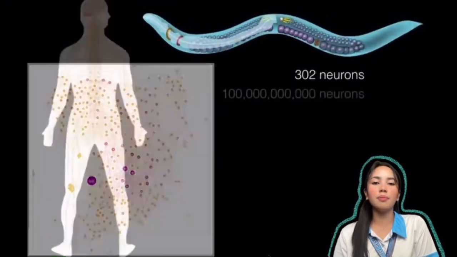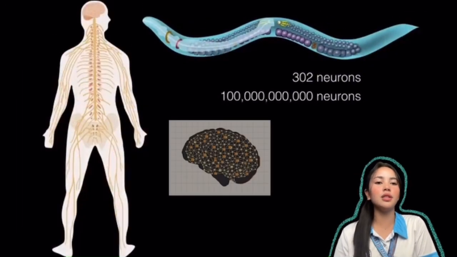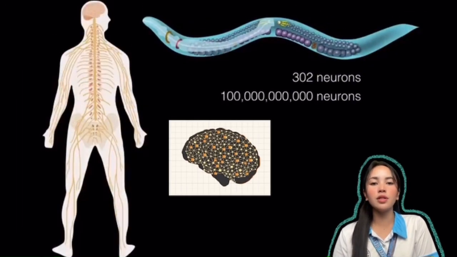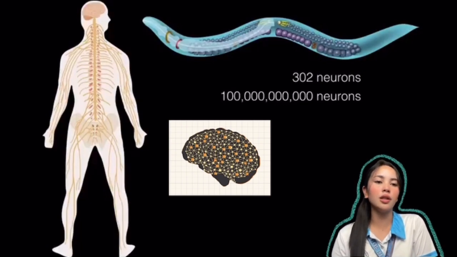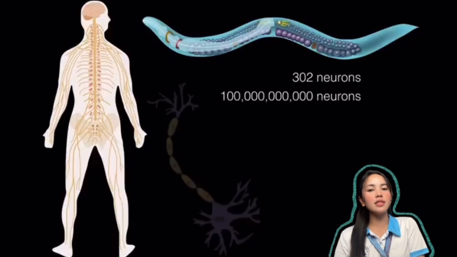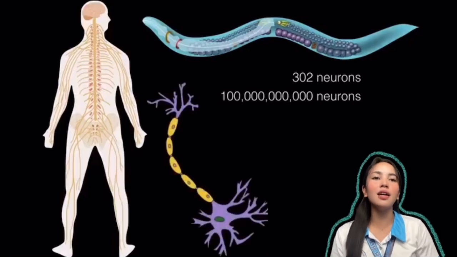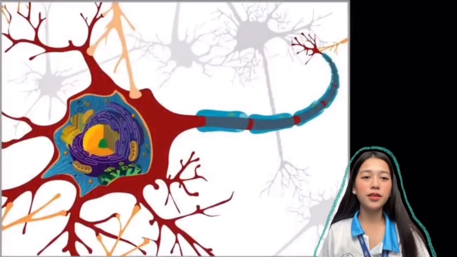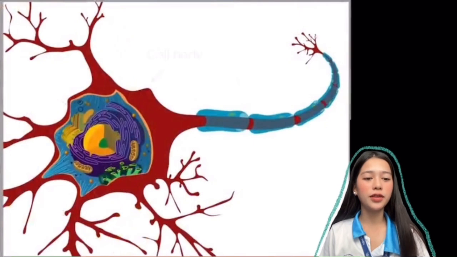Now, humans are quite a bit bigger and we have 100 billion neurons in our body. Most of those are centered in the central nervous system, in the brain and the spinal cord. But the basic unit of our nervous system is the same. It's the neuron. If you look at the neuron anatomy and remove all the other neurons, in the center is